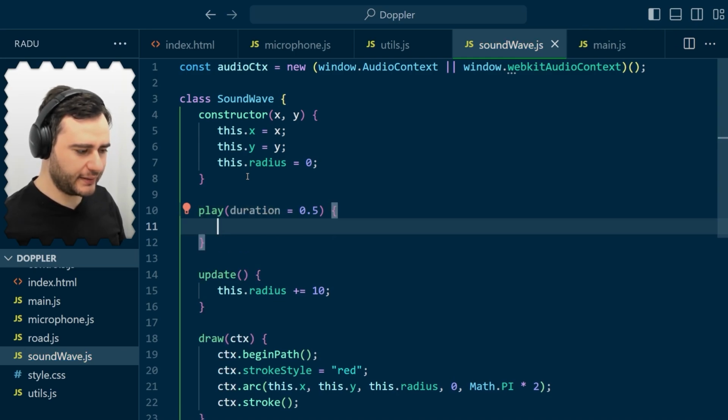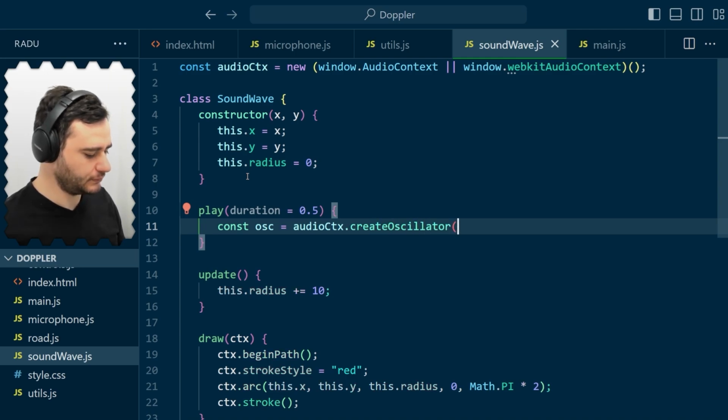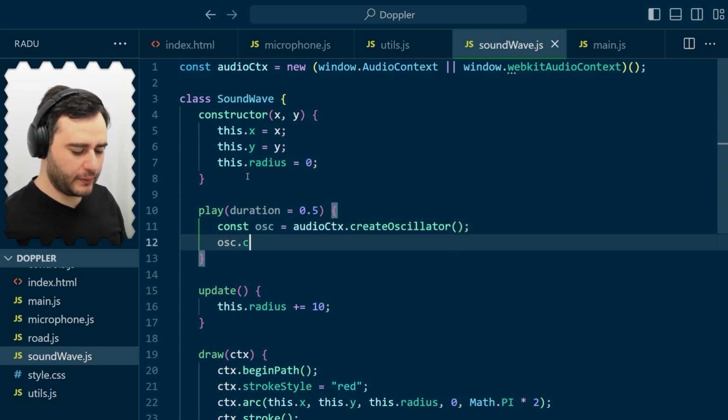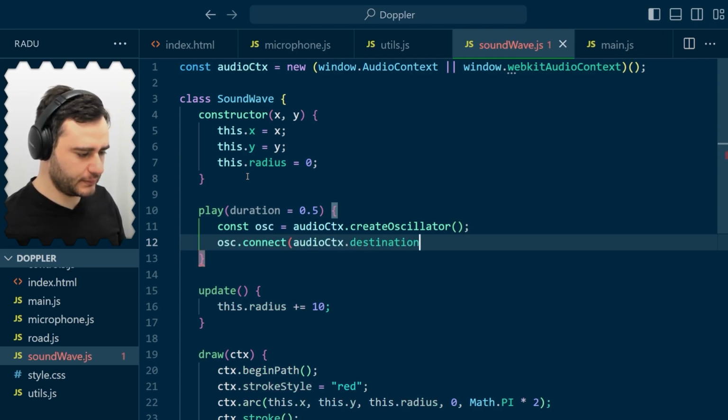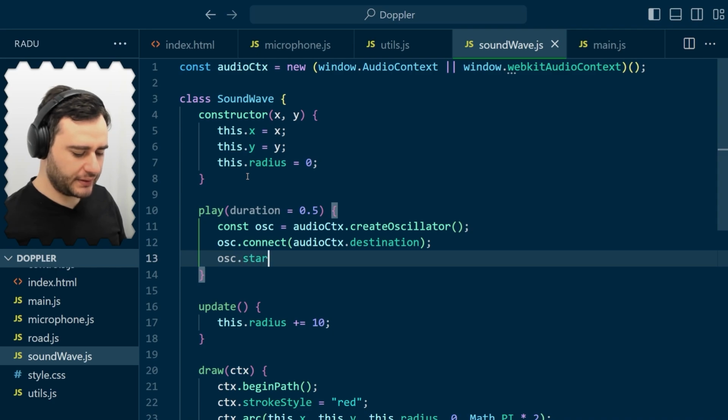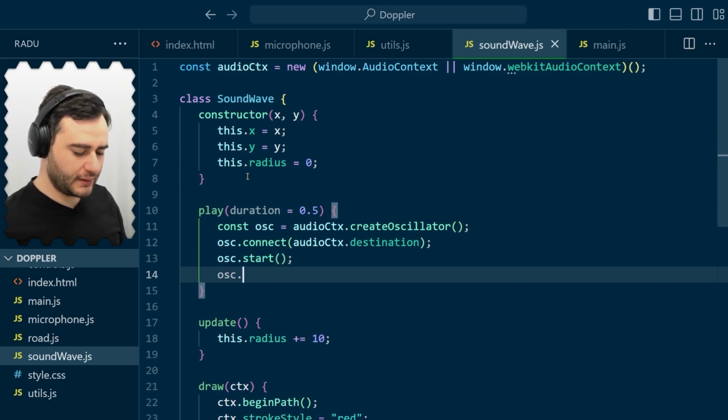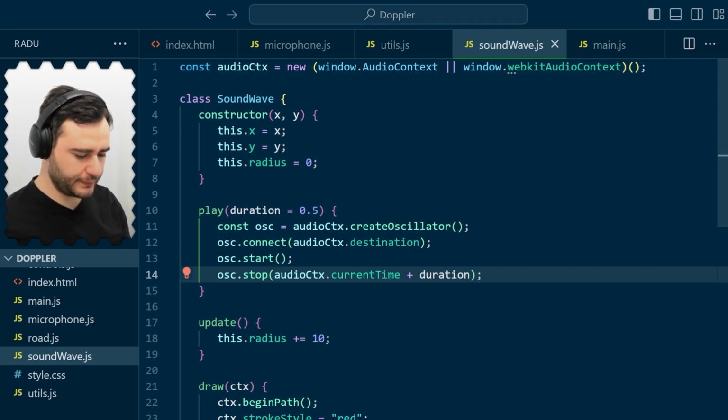And to generate it, we create a simple oscillator like this. Connect it to the audio context destination. Start the oscillator and stop the oscillator after this duration. So adding to the current time the duration. And now something should work. If we save and refresh,